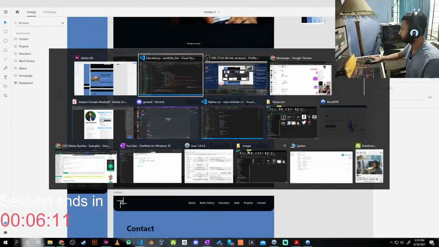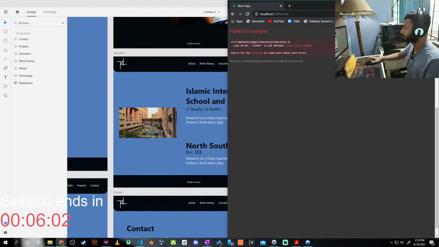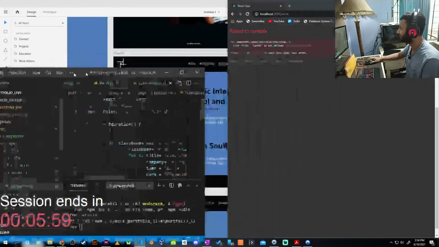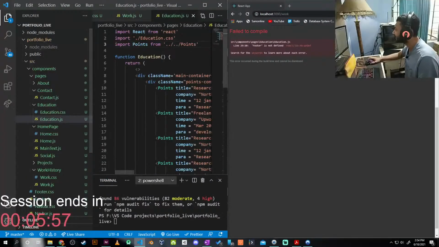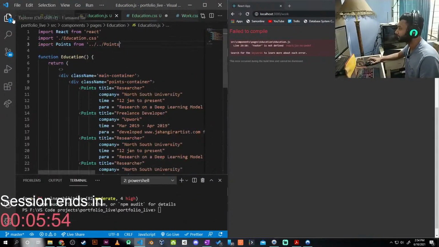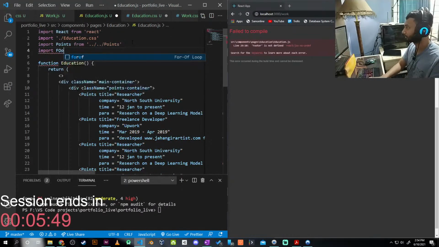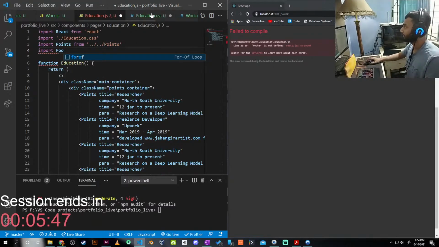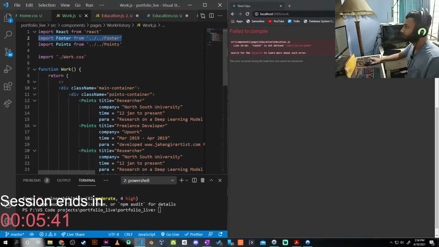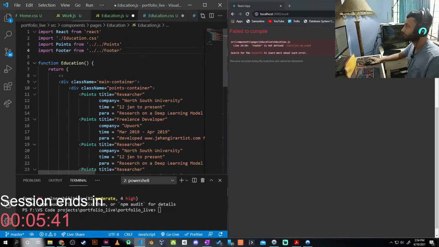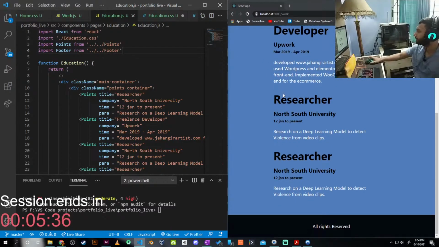Okay, going to, oh, not this one. Where is it? How can I lose it? Oh, this one. Yeah, of course it had errors. That's why I couldn't see. Footer is not defined. Of course, footer is not defined. Why can't I just copy it from where? Contains